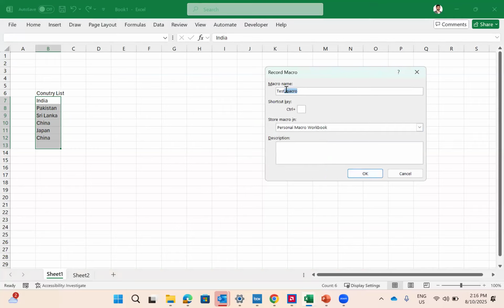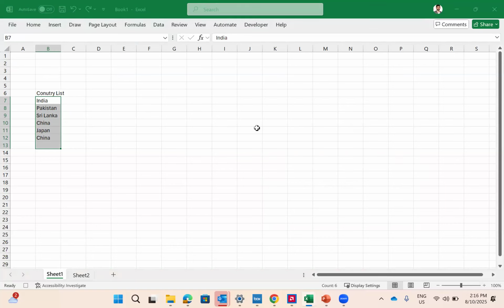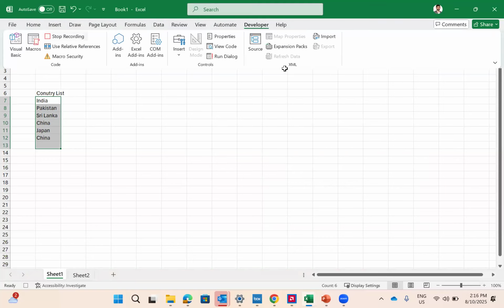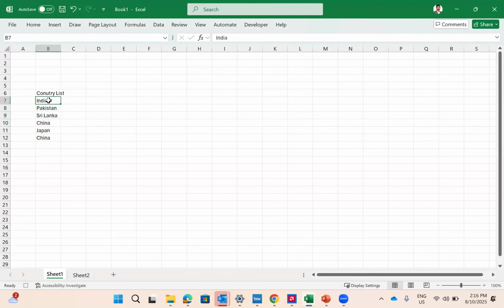Sorry, there has to be an underscore after name, right? And now, if you see, the recording is in progress, because now I'm getting a stop recording option, which means the recording is in progress. So what I'll do, I'll copy all the data,